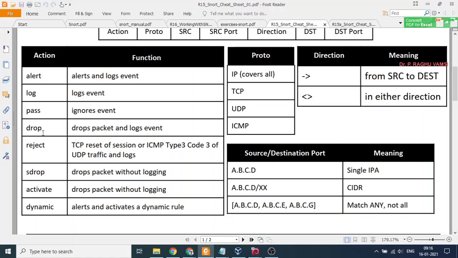Next, drop: drops the packet and logs the event. Reject: TCP reset of the session, or ICMP type 3 code 3 for UDP traffic, and logs. It is just like whenever you run the ping command from the attacking system, the ICMP request will be rejected.